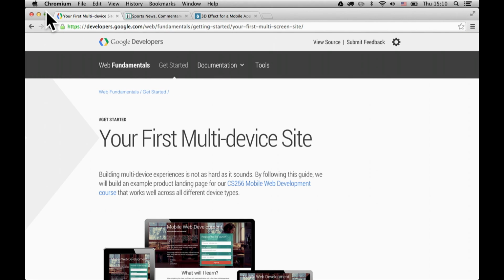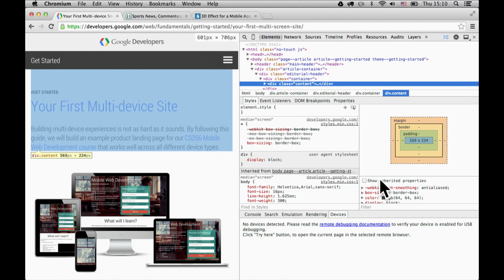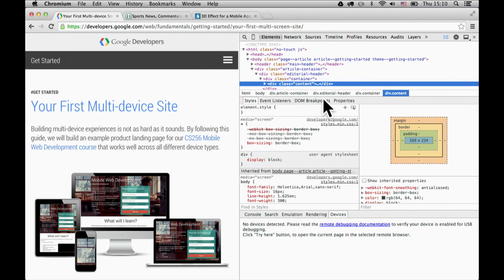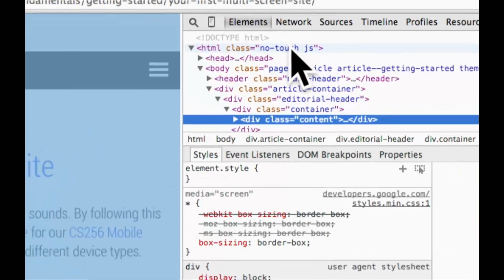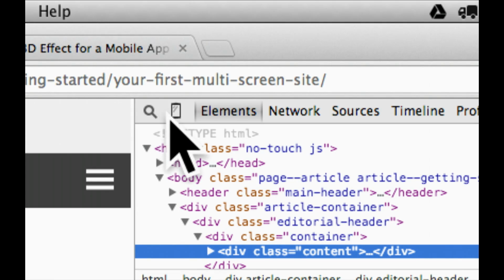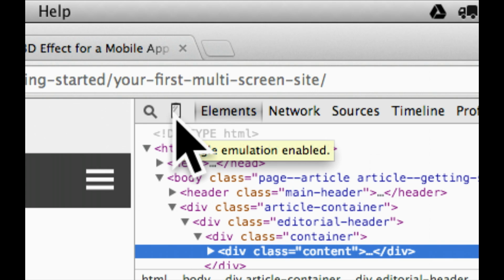Here we go. So this is one of our sites that we built, where you can learn all about mobile development, web fundamentals. Web fundamentals is a nice example of a responsive website, which is why I picked it. So I'm going to bring up DevTools here. And now in DevTools, I'm just going to zoom in so you can see this, you'll notice a new icon next to the inspect icon. And it's a mobile phone. So if you click that icon,